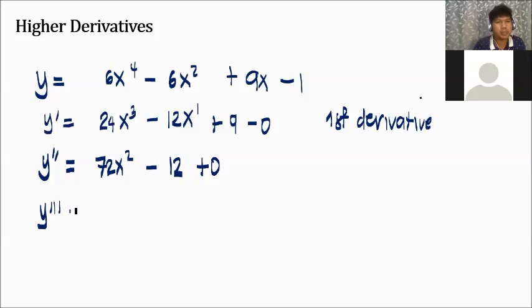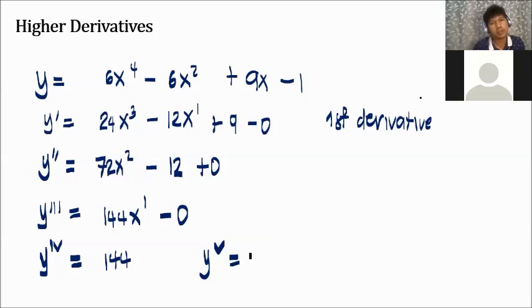Y triple prime is equal to 72x squared. So we get, I think, 144. Then x raised to 1. And because this is constant, we just get 0. And it's not 0 yet, so we can move along further. 144x, so that's just 144. So it's not 0 yet, so our final derivative is,